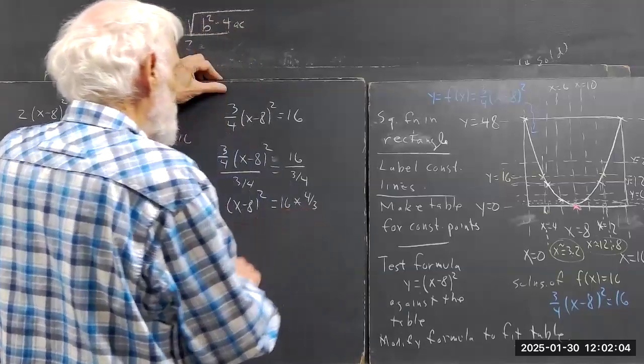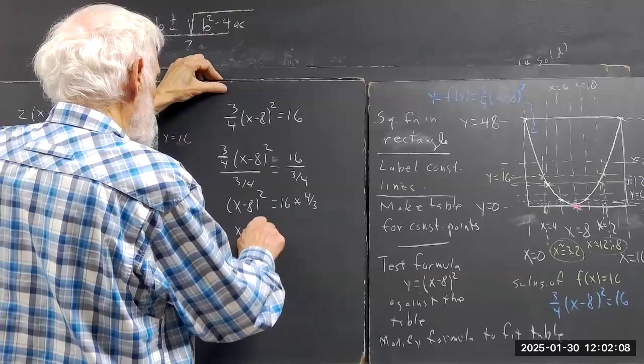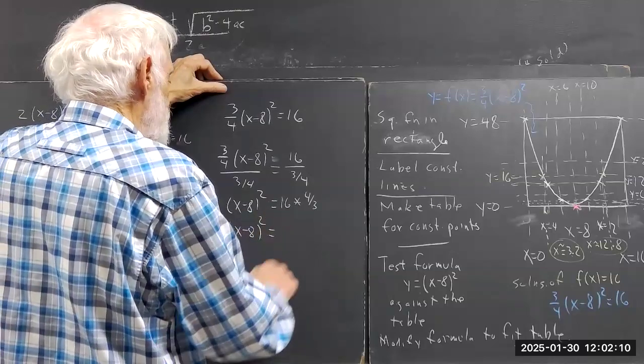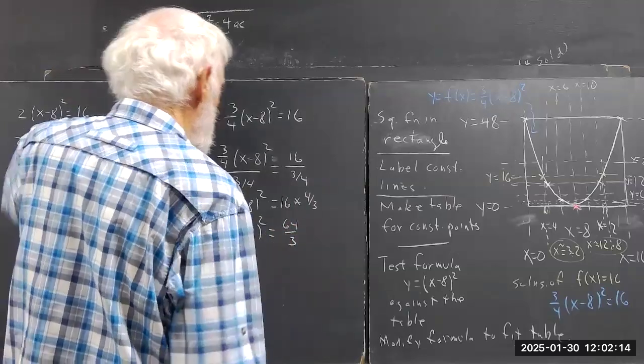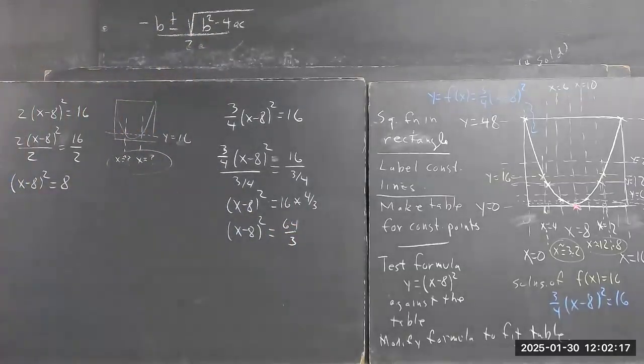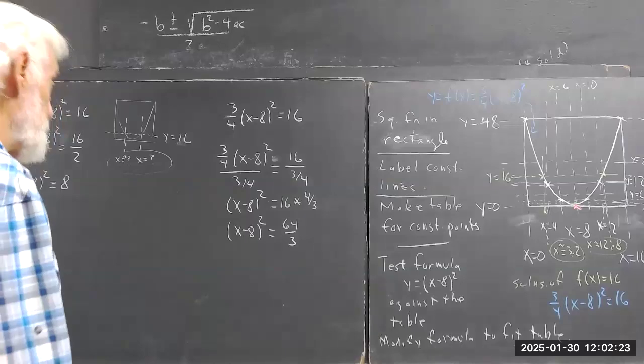Okay, so we got 16 times 4/3. So you get x minus 8 squared, and 16 times 4/3 is 64/3. And then you can solve that. Now we'll talk about the stuff you do to solve this. But first,